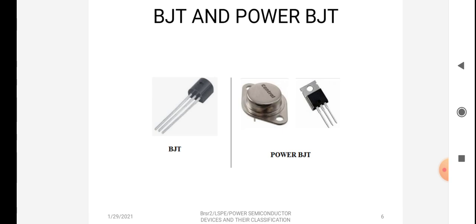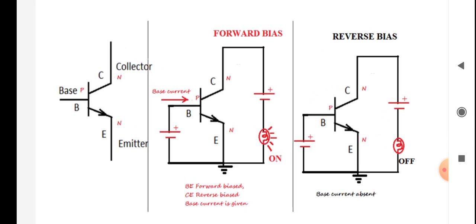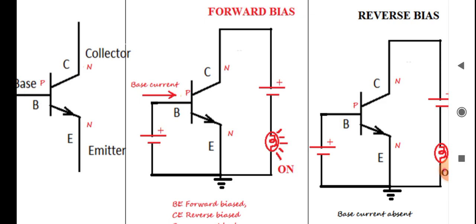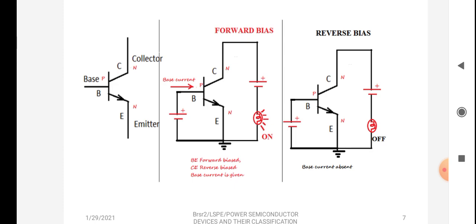If you see the operation of a BJT will look like this, and it's a three-terminal device. We see the operation of a power transistor. Here I have shown a NPN transistor. So for a forward biasing condition, you have to have three conditions. The base emitter should be forward biased, that is, the base being a P layer should be connected to the positive, emitter being a N layer should be connected to the negative. That means this PN junction is forward biased, and this emitter is already connected to the negative, so we connect the collector to the positive. So when you connect this collector emitter like this, it becomes reverse biased, and if we give a base current, we say that the device is forward biased.